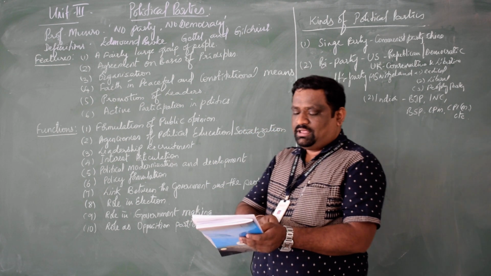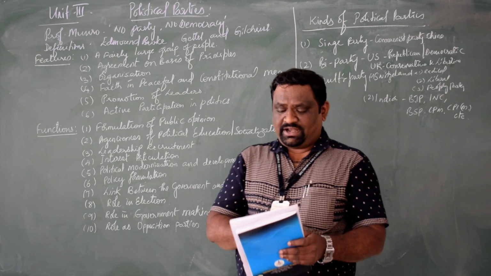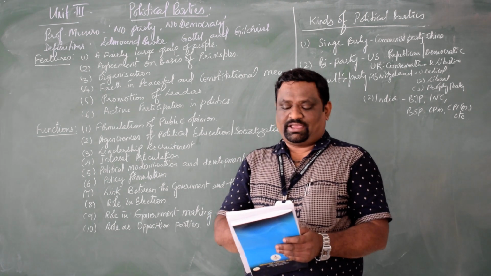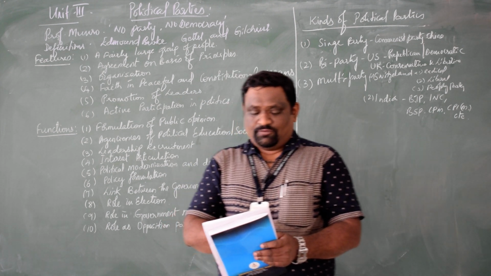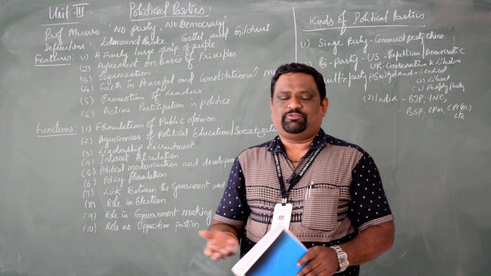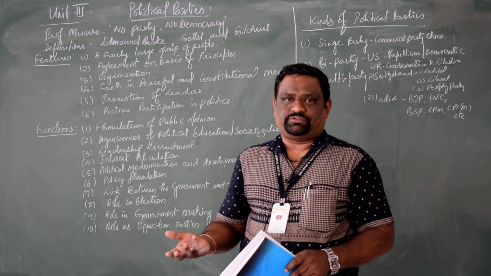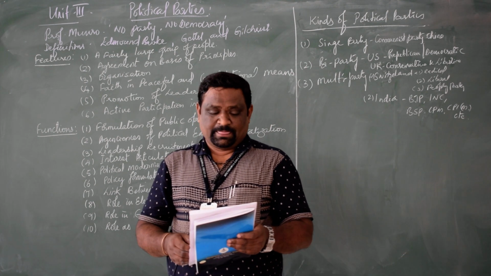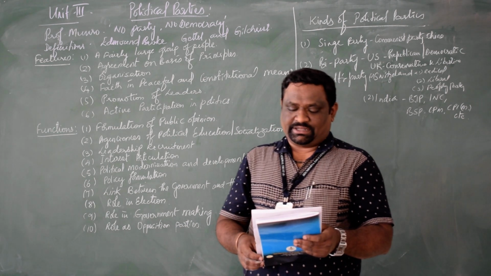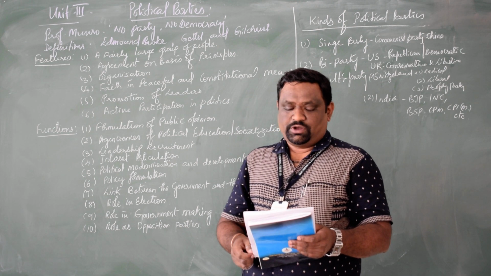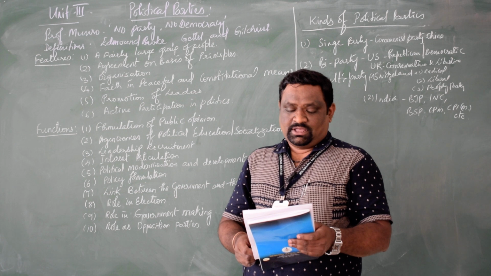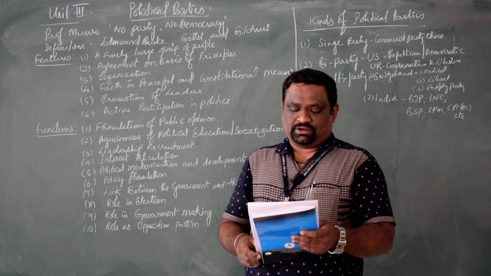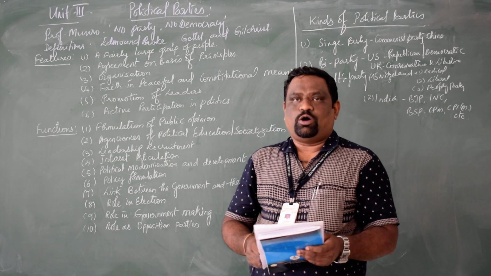In this regard, a political party is defined as a group of people organized where they can share their ideology and views, and that can influence the policy making of the government. Let me read out Professor Edmund Burke first. According to him, a political party is a body of men united for promoting, by their joint endeavors, the national interest upon some particular principles on which they all agree.